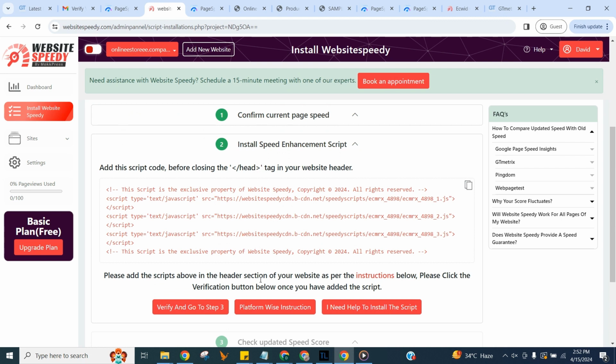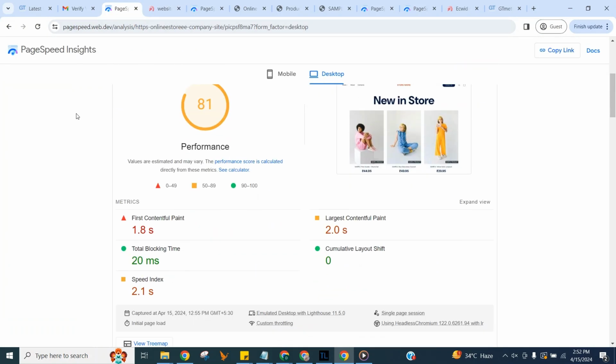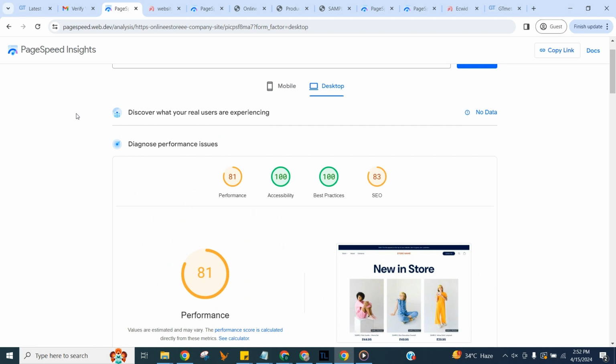I am also going to manually check the speed and core web vital score without our tool first, so we can match the updated speed and score with it. Afterwards, we will use Google PageSpeed Insights for this. Let's get back to Speedy. Now